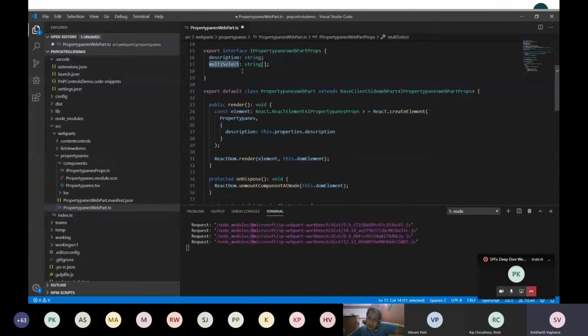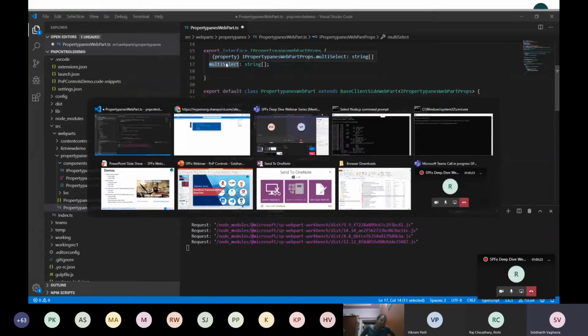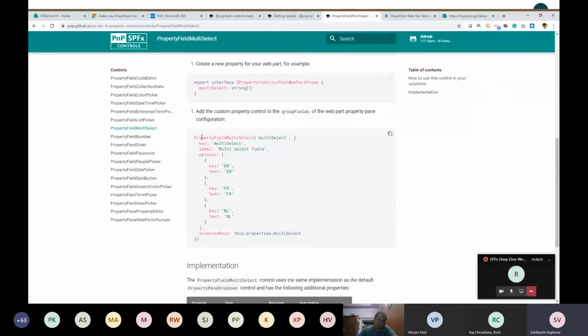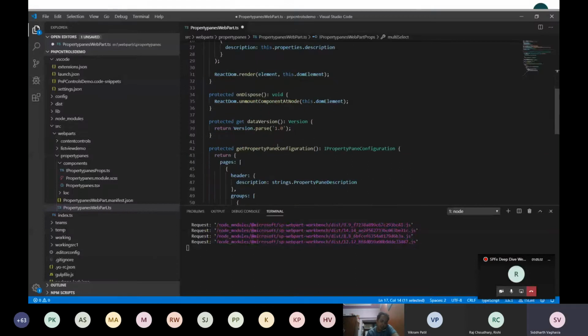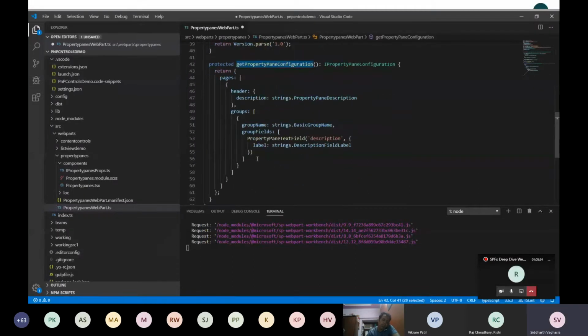So this is the property pane control. I have added the web part property to it, multi-select, and then we have to use that particular property control in our getPropertyPaneConfiguration window. If you see here in the groups, there is already a default control, which is the description one, and I'll just add a new one here.